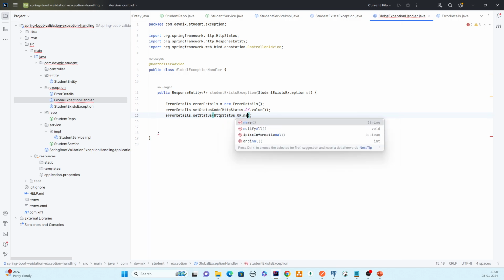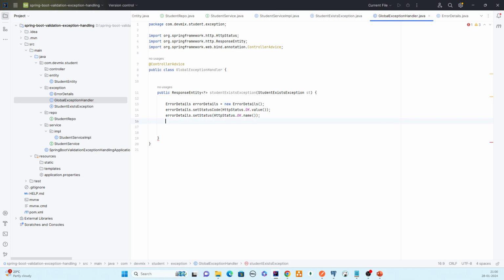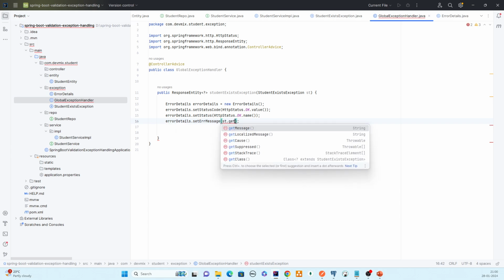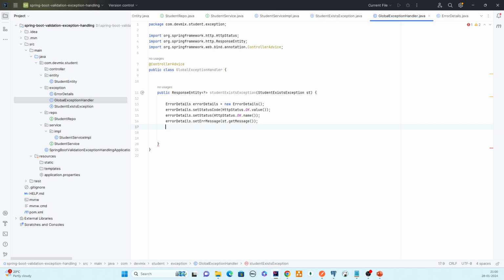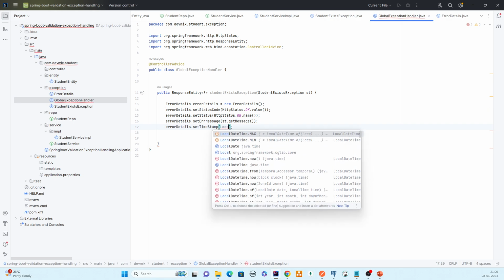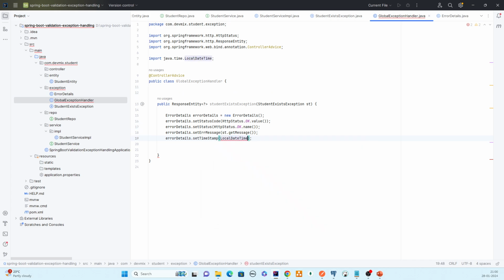Okay, dot name method. Error details dot set message, st dot get message. Okay. Error details dot set timestamp, LocalDateTime dot now. Then what do you have to return? We have to return a response entity object. Okay. Then